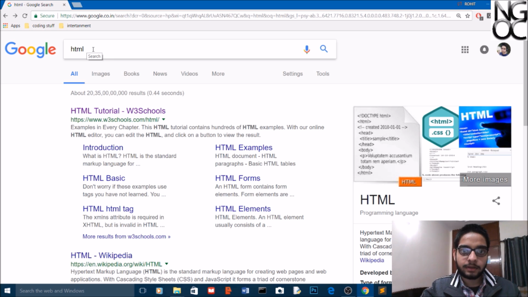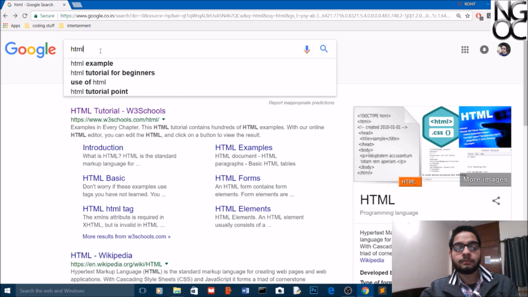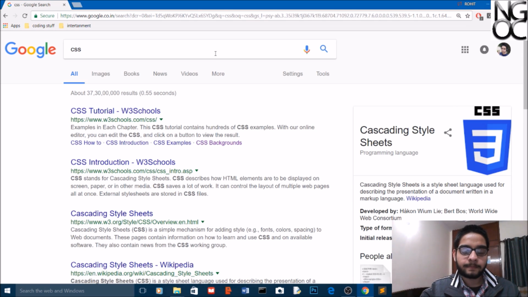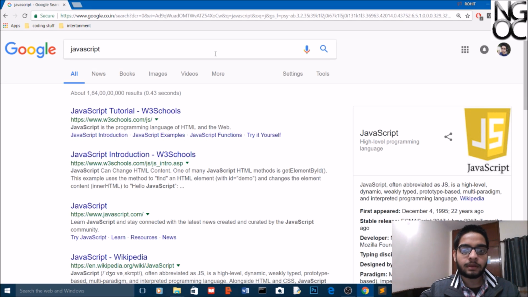First we talk about HTML, hypertext markup language, because this language is used to make the structure of every website. Friend, to make a website more attractive, we use CSS, cascading style sheet. And then after that we talk about JavaScript. This JavaScript is a high-level programming language, and it is used to make a website more dynamic. We will talk more about it in the section of JavaScript, and then we talk about Bootstrap